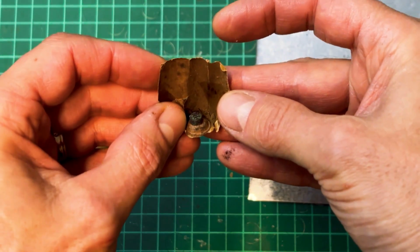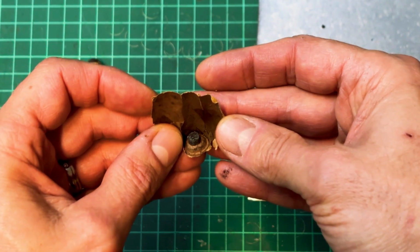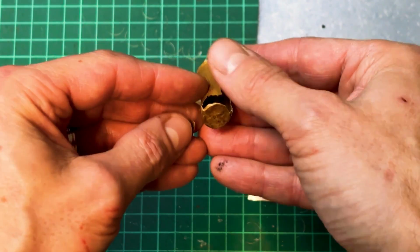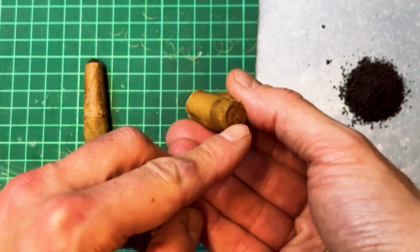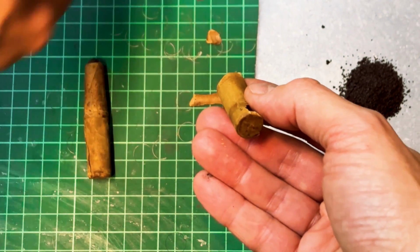You can see the elements of the base. It is a 10-pointed star, effectively. You can see the petals there sticking to the inside. That is stuck to the inside of the paper tube. Now, nowadays we tend to cheat and do it outside, but if you want to make these cartridges the real way,